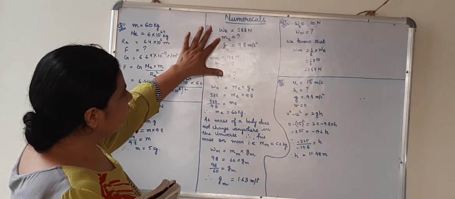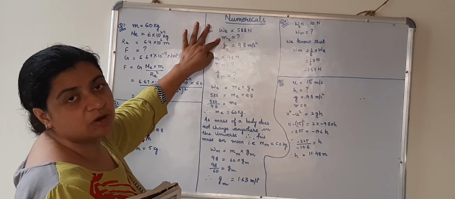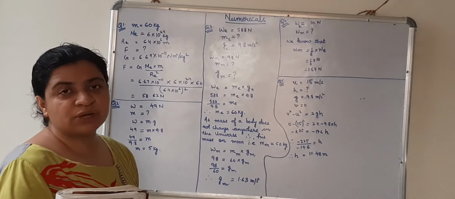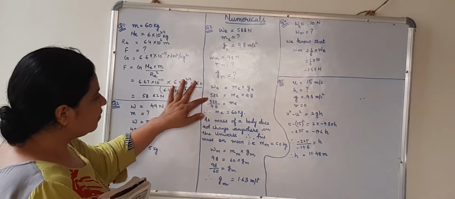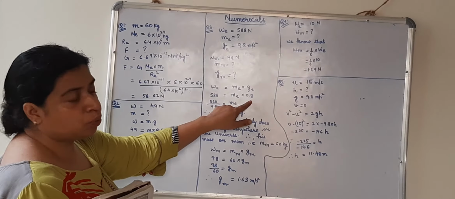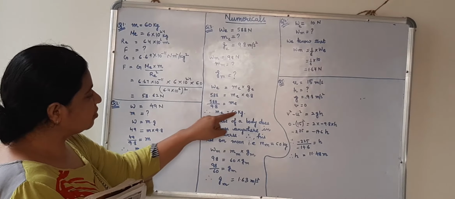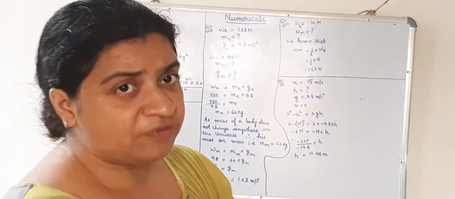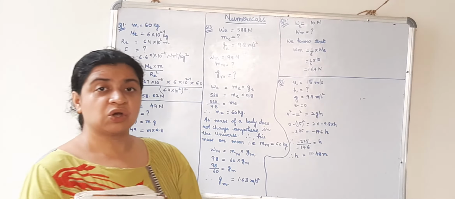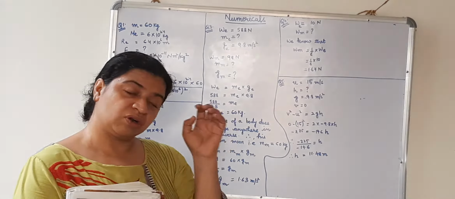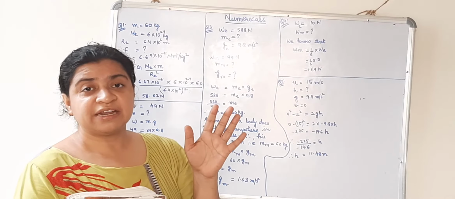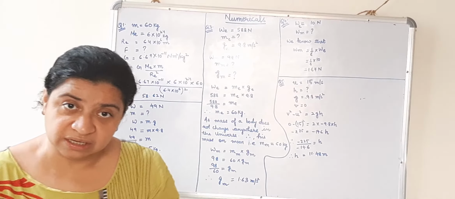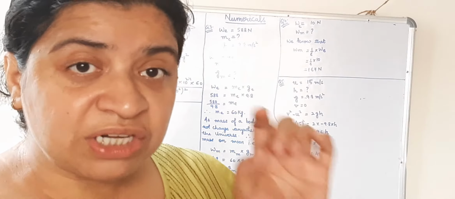So let's first calculate the mass of the person on the earth. W is equal to m_E into g, that is W is equal to mg. Weight already given 588. Mass we need to calculate. g we know. So 588 upon 9.8 is equal to 60 kg. So mass of the person on the earth is 60 kg. Children, we know very well that mass of an object or of a body or of a person does not change anywhere in the universe. It remains the same anywhere in this universe, whether you are on the earth, on the moon or anywhere. What changes?